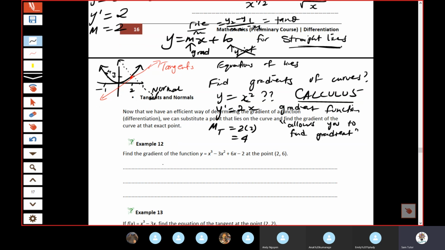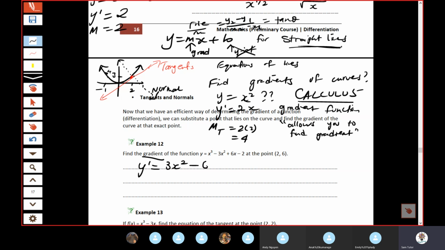All right, let's have a look at the question. Pretty much example 12. Find the gradient of the function at the point (2, 6). Okay, what's step 1 to find the gradient? Step 1, differentiate. So y dash equals, differentiate x cubed,